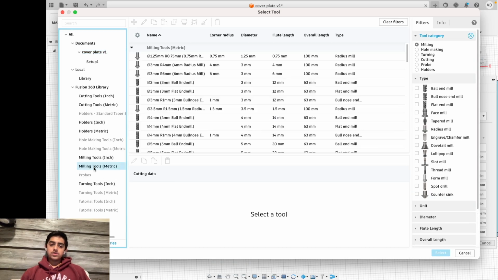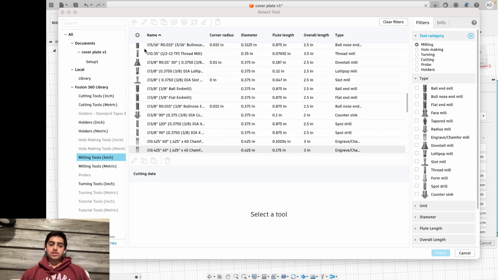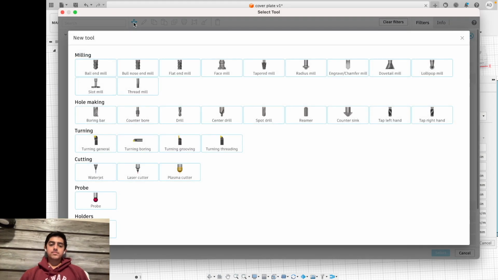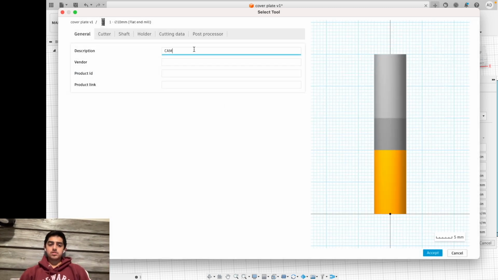If your tool is already in the Fusion 360 library, you guys can go ahead and select it. If it is not, I will be teaching you how to add your bit into Fusion 360. So you're going to want to go to your object's name or whatever it is, and then hit the plus sign. After you hit the plus sign, you're going to want to see what type of bit you have. As you guys see here, I have a flat end mill, and I'm just going to select flat end mill. I'm going to name the bit,